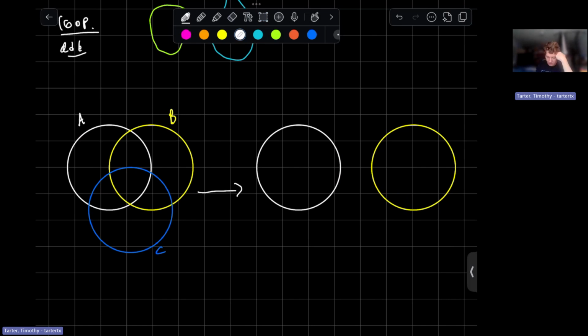So C ends up looking like, if we make our base point here, C ends up looking like,